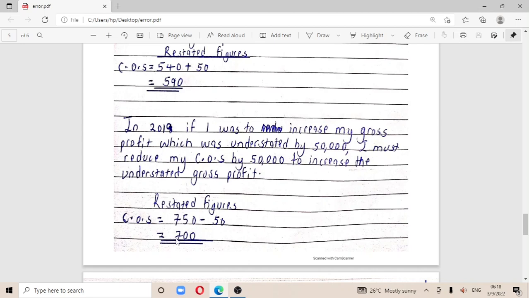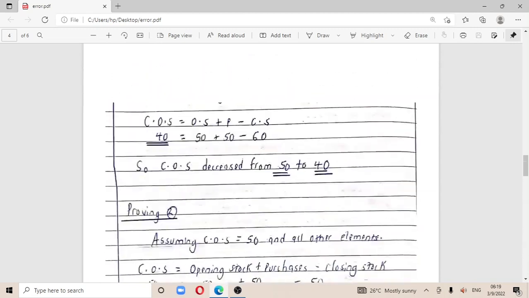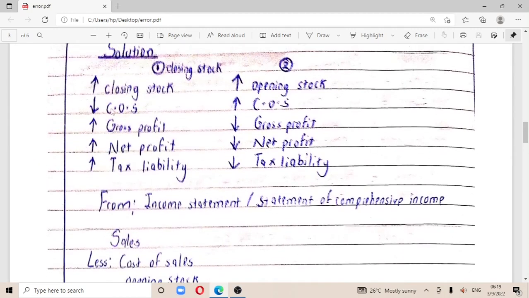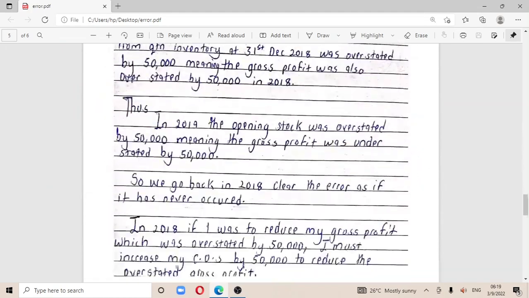So if I want to increase my gross profit, I'm going to just reduce the costs. Once the costs reduce, it's going to increase my gross profit. So having looked at that,